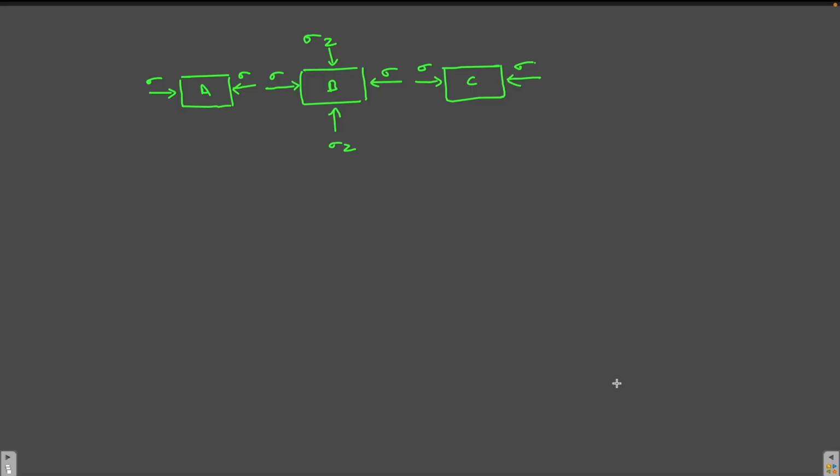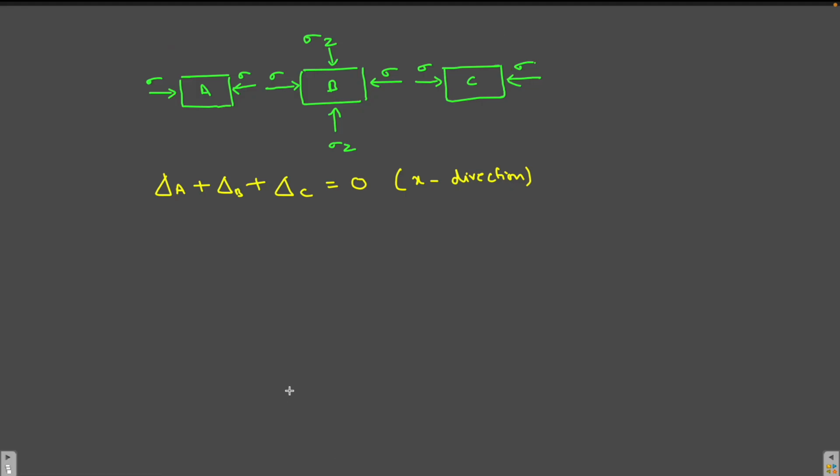We need a compatibility equation, right? So the compatibility equation would be that there will be no overall change in the blocks. That is, the change in length of block A plus change in length of block B plus change in length of block C will be 0, and that is in the x direction, I am telling you. And why is that happening? Because the walls are rigid. Here there is a rigid wall, here also there is a rigid wall, so the blocks are not expanding or